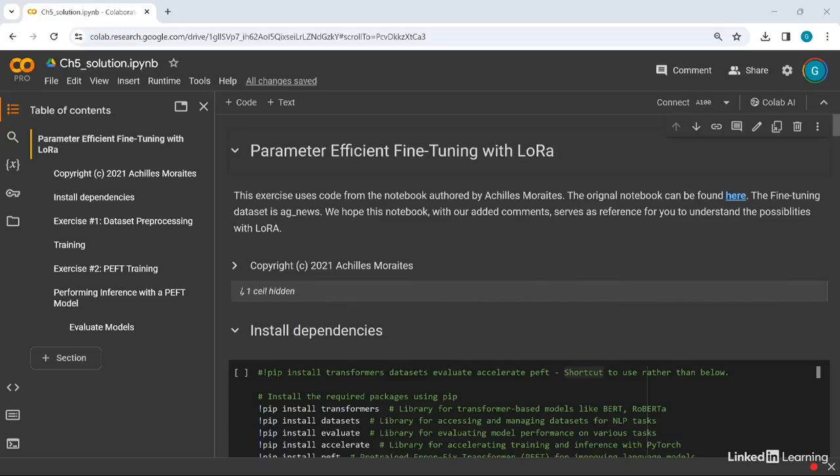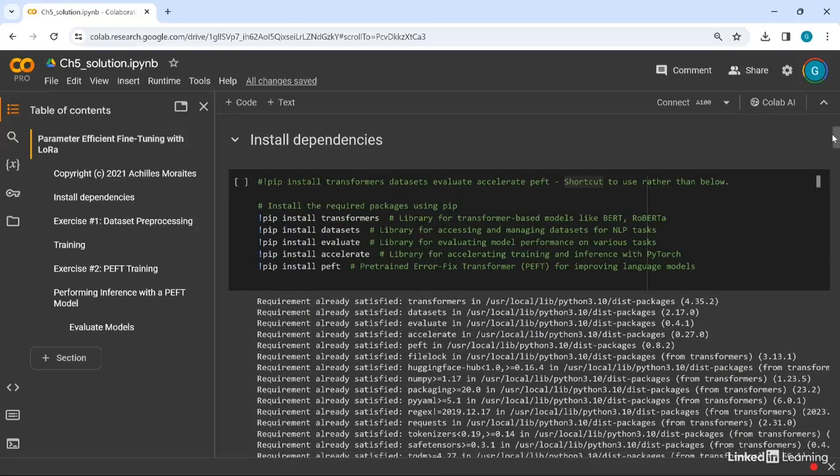So the first thing you should note is that much of this code, again, is already coded for you, right? There are simply two exercises that you had to do. One is the data preprocessing code cell, and the second one is the PEFT training code cell. So I will walk through the notebook, and when we get to the exercise section, I will talk about what